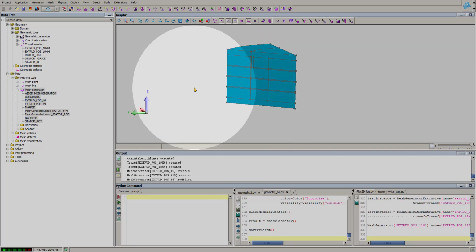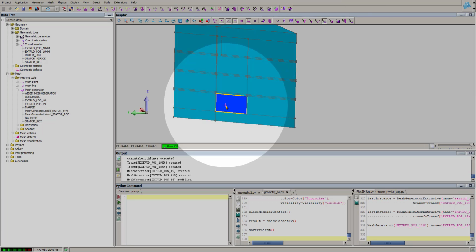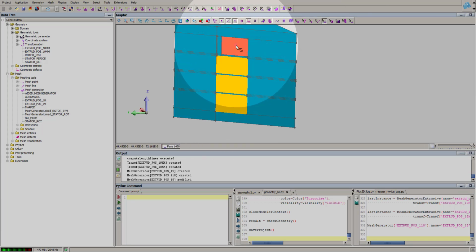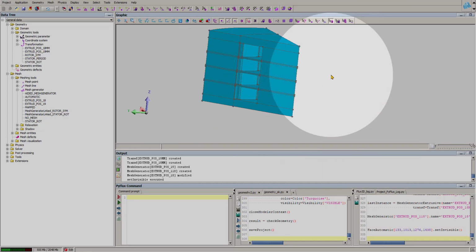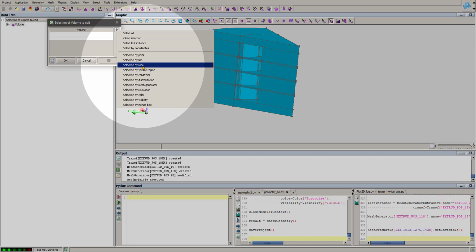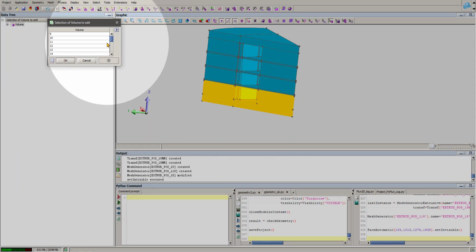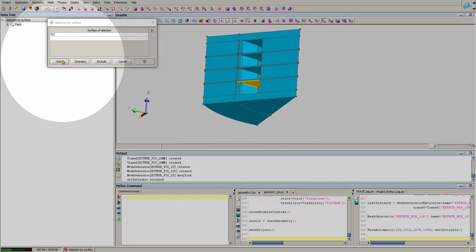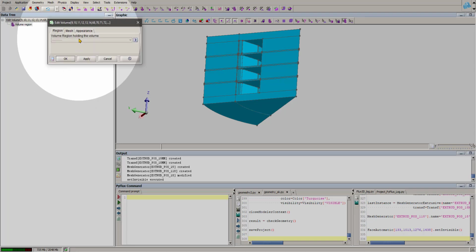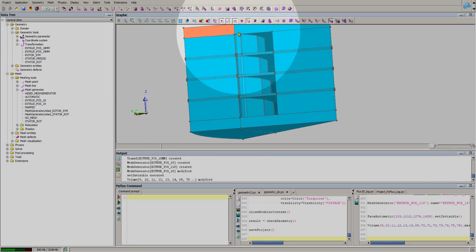After that, we are going to create the mesh generator extrusion corresponding to each transformation. Okay, once we created them, we are going to assign them to the volumes. I am going to make these faces invisible to access the planes and make a selection by relation of the volume. So I select the volumes of a given plane and then the volumes of the other plane and make an intersection,